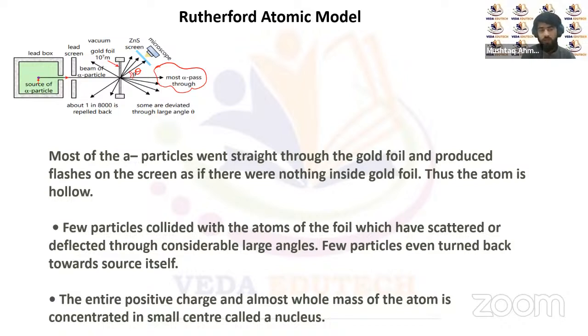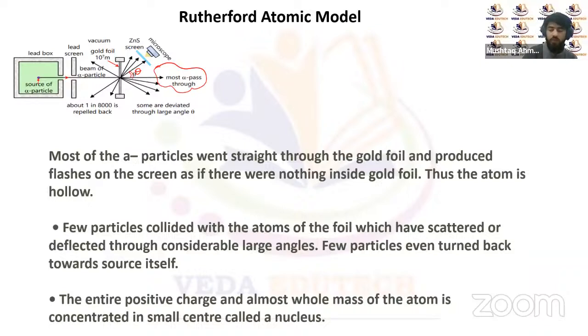So we can say that through this experiment, the nucleus of an atom was detected, and alpha particles can only be scattered with such strong deflection when there is a positively charged part of this atom at the center of this atom, right? Or we can say that the nucleus of an atom is a positively charged space, right? So the entire positive charge was almost wholly concentrated in a small center that was called the nucleus of an atom,